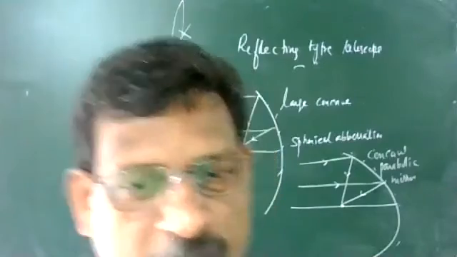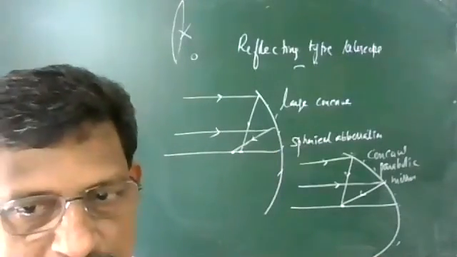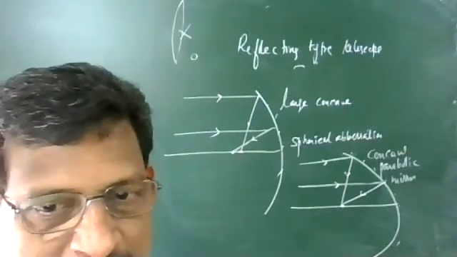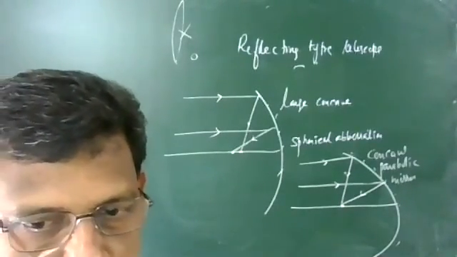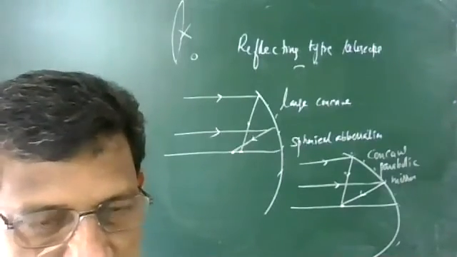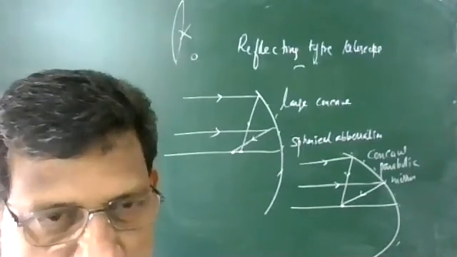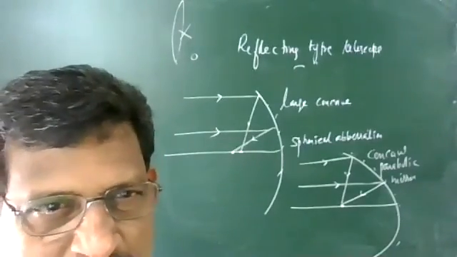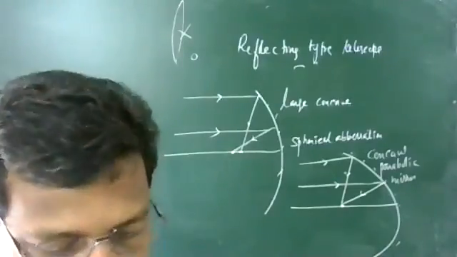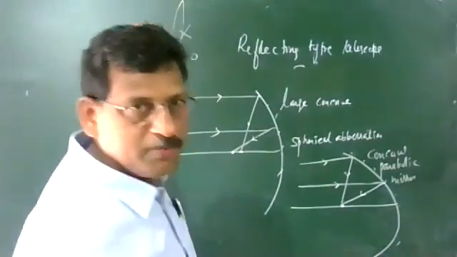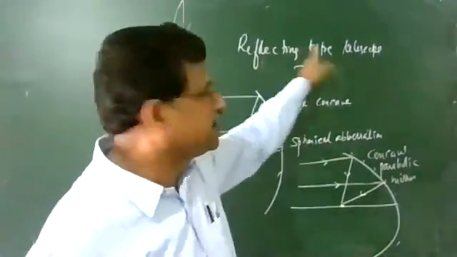So instead of a concave mirror, what type of mirror do we employ? We use a concave parabolic mirror. Both paraxial and marginal rays, marginal meaning far away and paraxial close to the principal axis, all come to the exact point, and a clear image is obtained. So this is spherical aberration, and the mirror has no chromatic aberration. Chromatic means color change, which is possible only in the case of a lens. So we just replace the objective lens by a concave parabolic mirror in a reflecting type telescope.